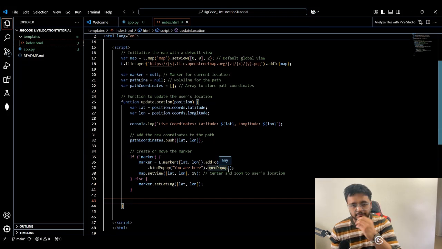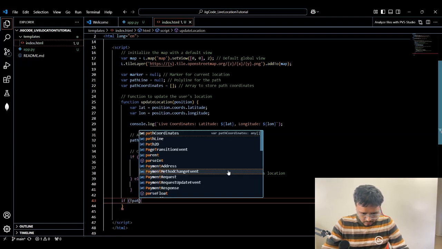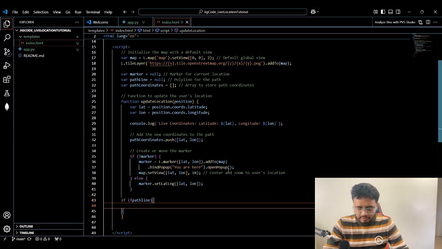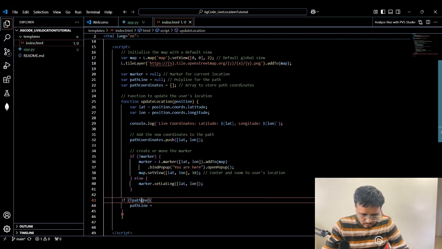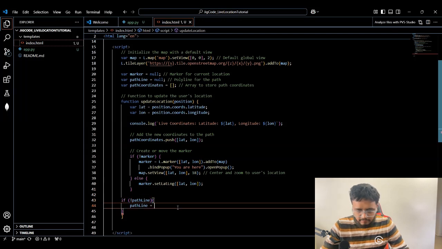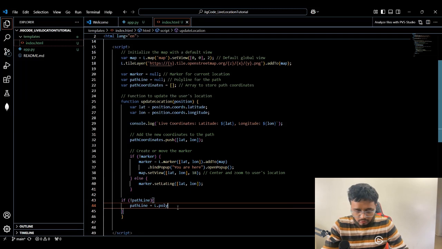We are going to check if the path line exists. If it does, then we will just need to update its coordinates, and if it doesn't exist, then we will have to go and create the new path line. So if the path line does not exist, then we will go and create a new line